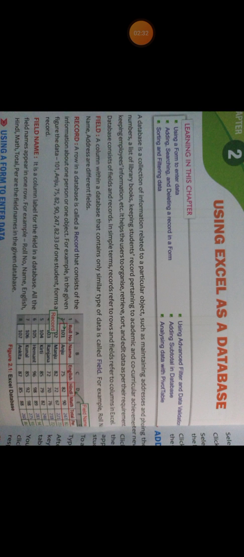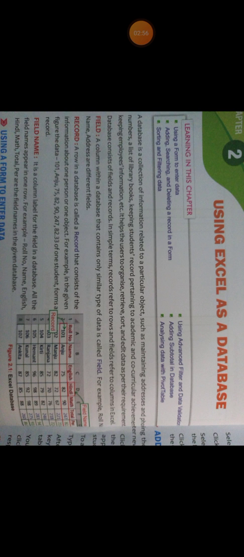For this, we label the column, that is, we give the name of the column. For example, here in the given table, this is the database of the student's mark sheet, and this table consists of the roll number, name and different subjects as the columns.